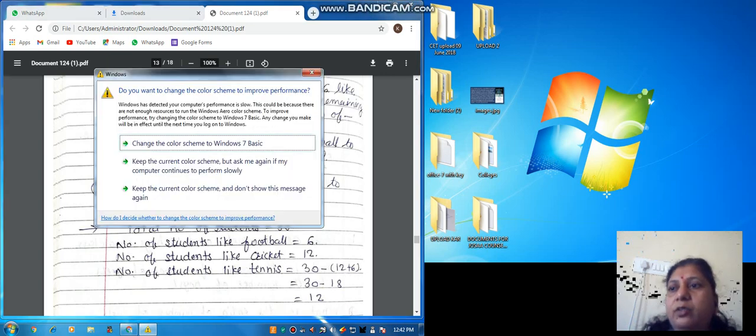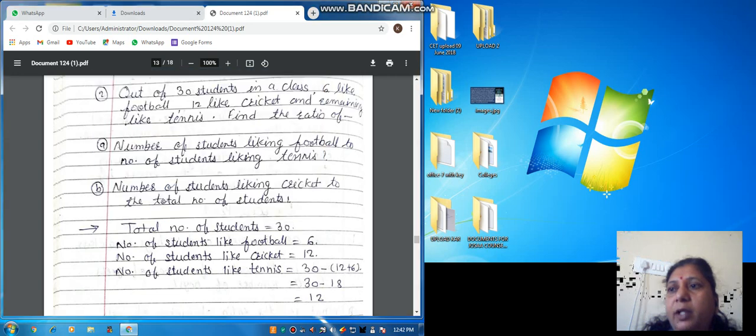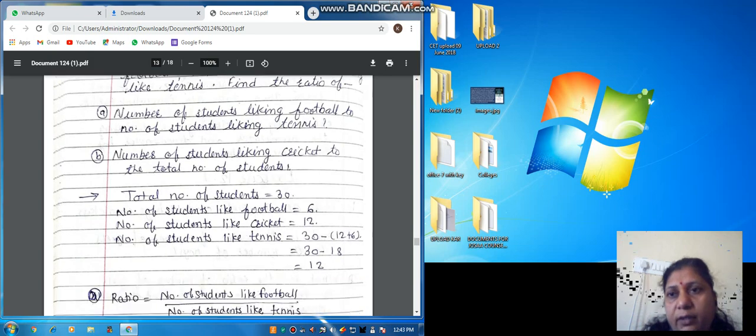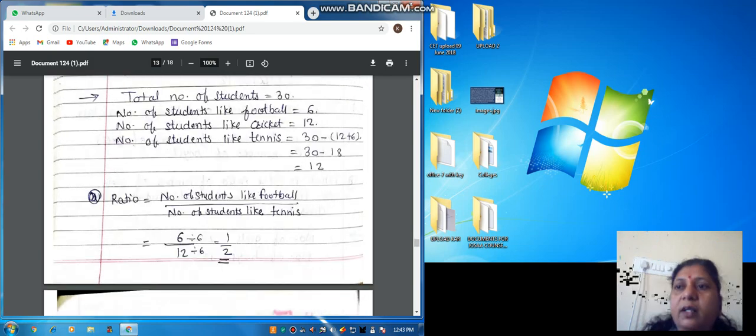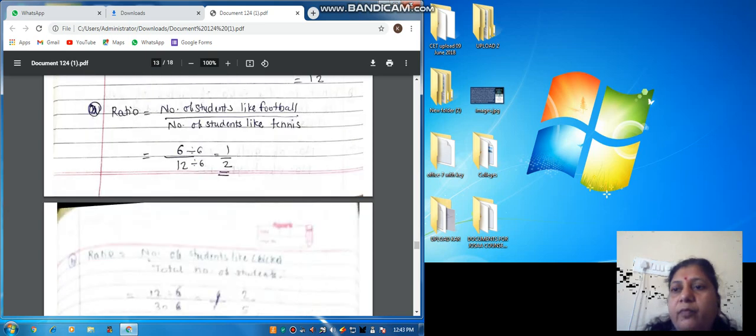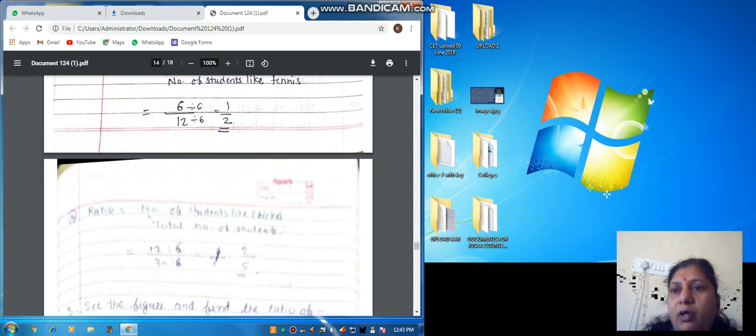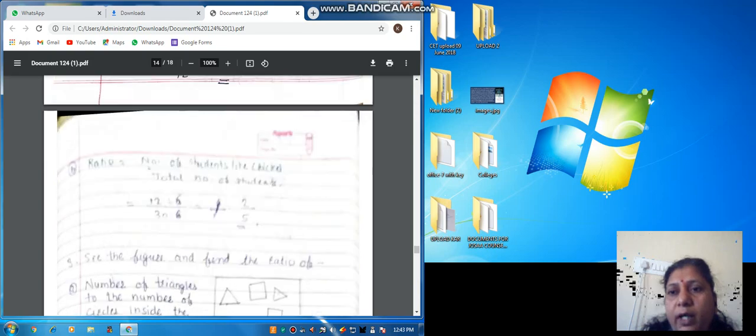Okay. So 30 minus 12 plus 6. So 12 plus 6 is 18. So 30 minus 18 we get 12 here. Get it everyone? Now we calculate the ratios. The ratio is equal to number of students who like football upon number of students who like tennis, that is 6 upon 12. If we divide both by 6 we get 1 upon 2. Next, ratio of number of students who like cricket upon total number of students. So it is 12 upon 30. If we divide by 6 we get 2 upon 5. So third